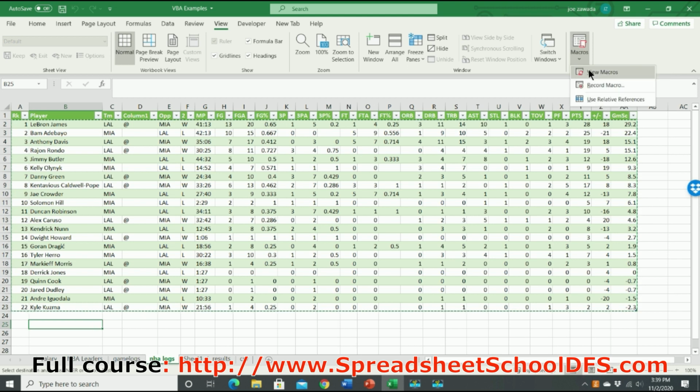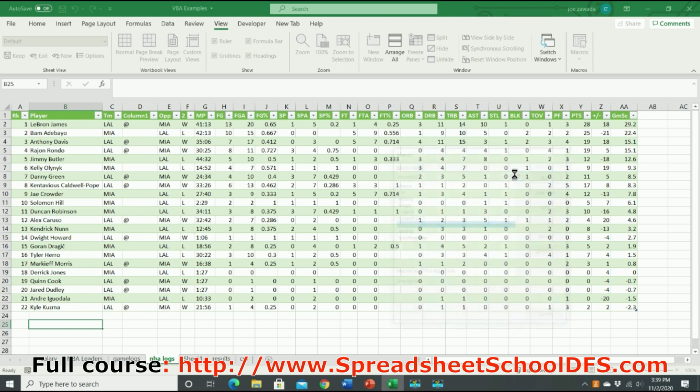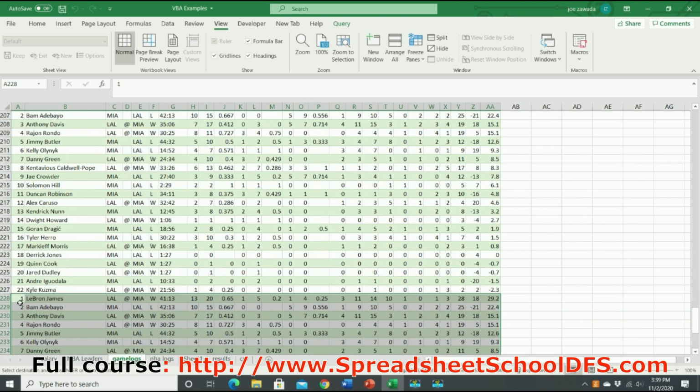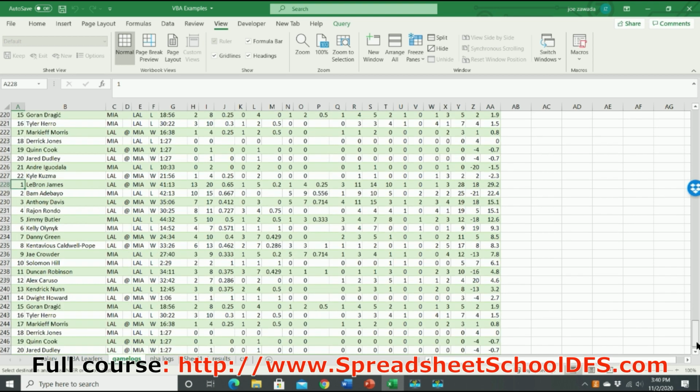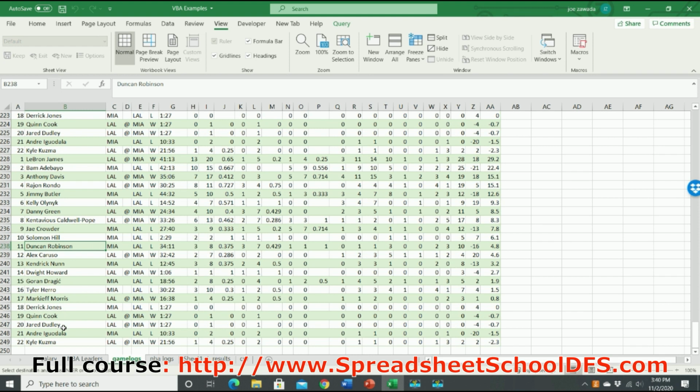What we're going to do, we're going to run the macro again. Move VBA, let's press run. And there, now look, see, now it started in row 228, and it keeps adding it down to the bottom. We can keep pressing it, and it'll just keep adding the data over. And remember, we can attach this macro to a shortcut key, to a button, or what I think is kind of cool here,